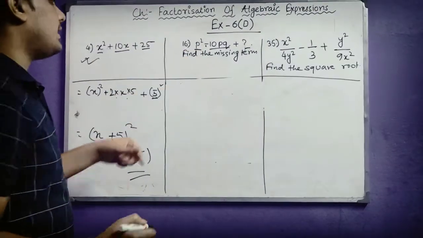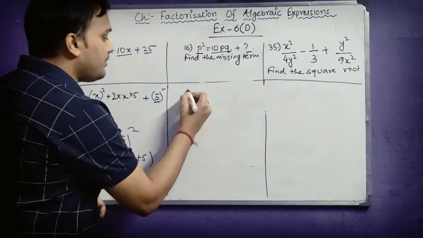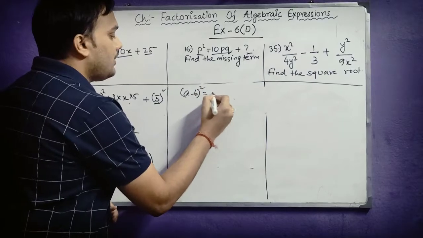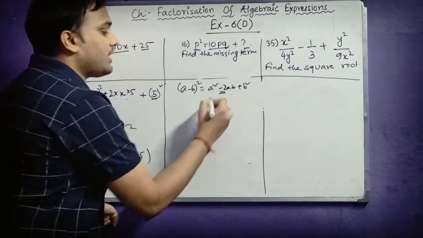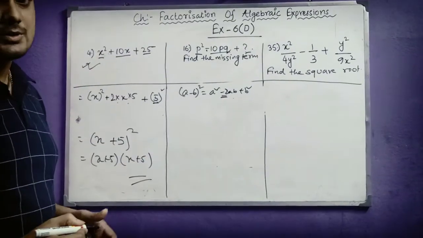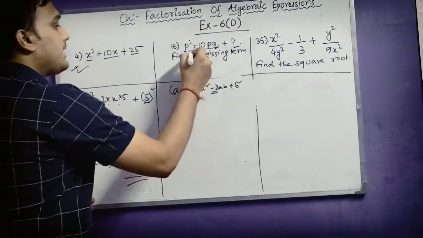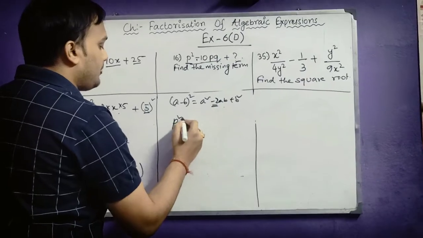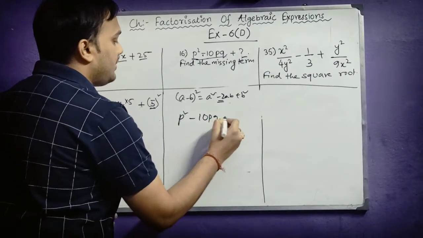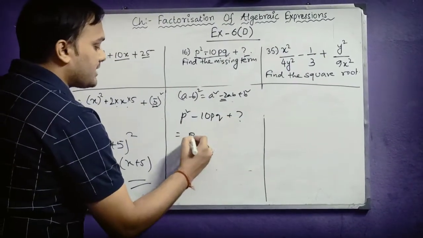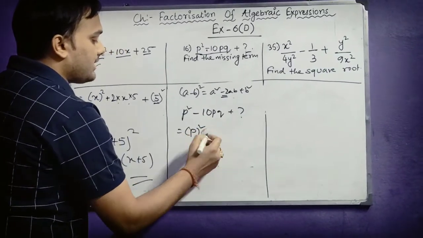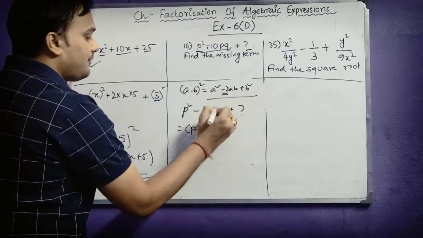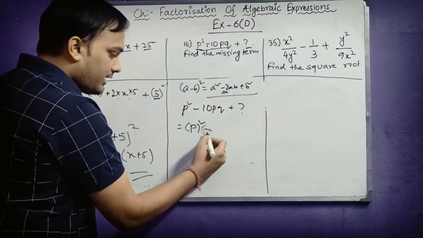Alright, so if there is a minus sign here, which formula will I use? I will be utilizing the formula of a minus b whole square equals a square minus 2ab plus b square. Because I also have a minus sign here, but in a plus b whole square I don't have a minus sign. So I can represent this equation as p square minus 10pq plus question mark. I can write it as p square. Okay, so in between I will write minus as per this formula. This formula I am following. So here minus is there, so I will write minus.